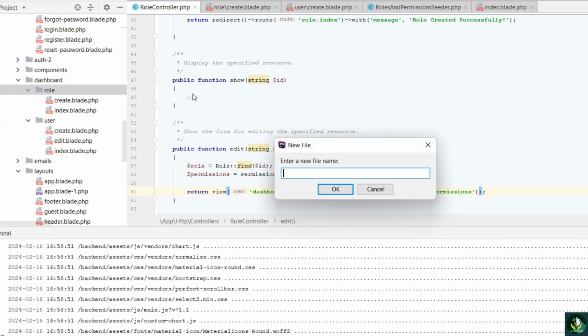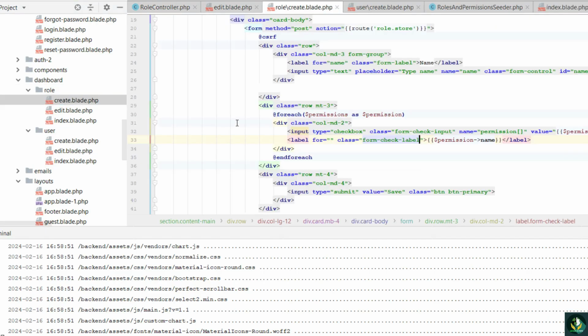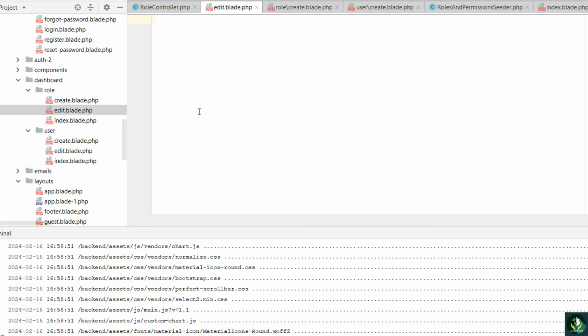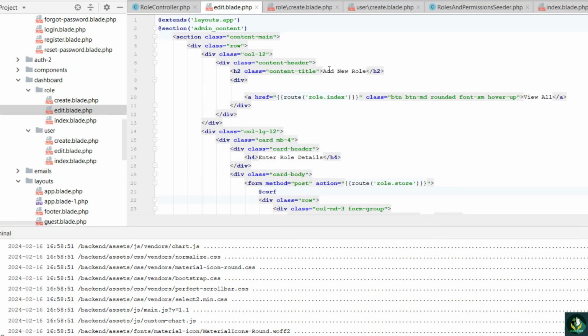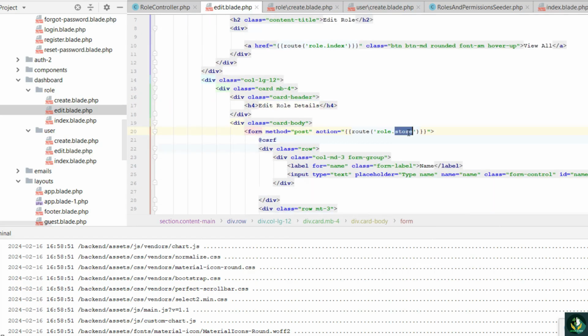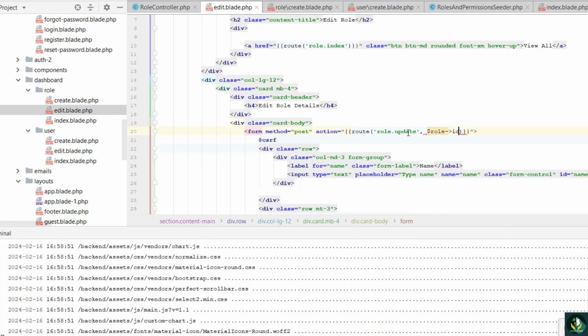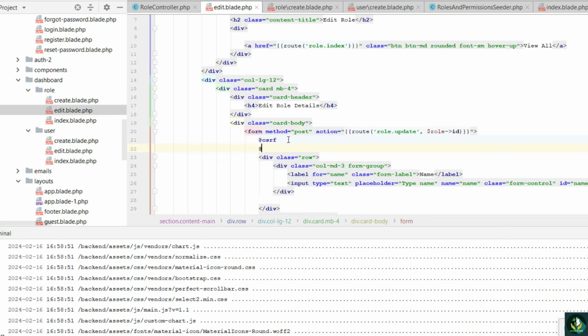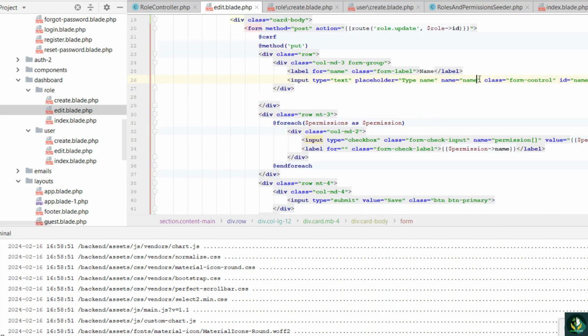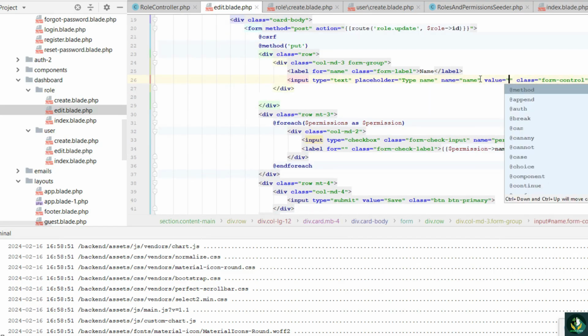Create a new file with the name of edit.blade.php. Let's copy this and paste it here and change it to edit role details, change it to update and add role ID, and we need to put, and the method will be put. Here we need to display the role name,